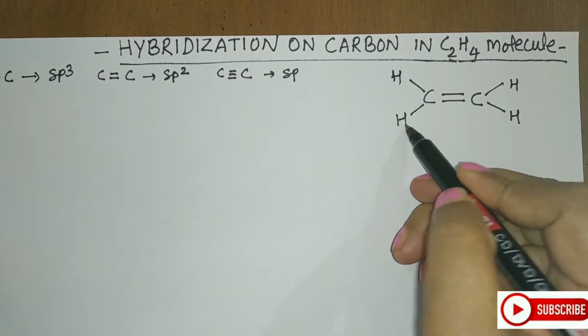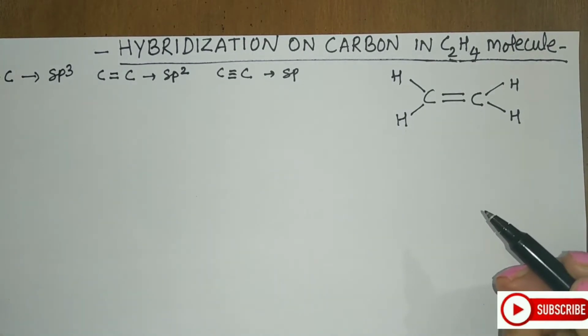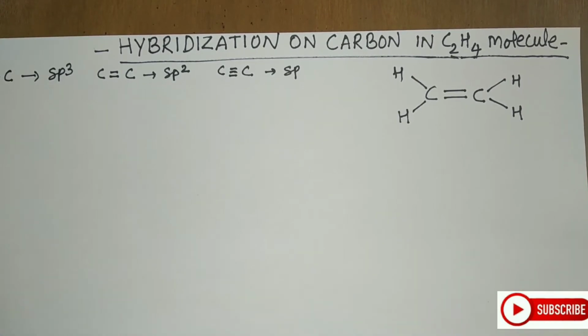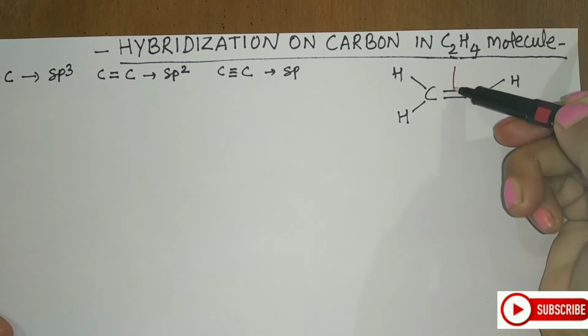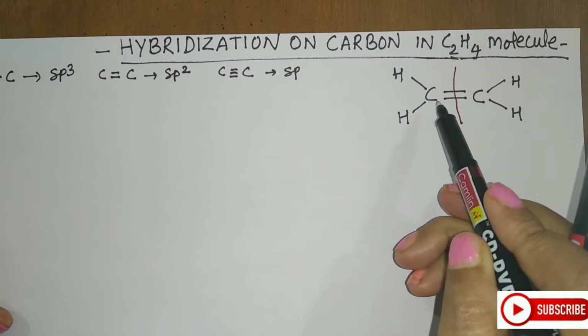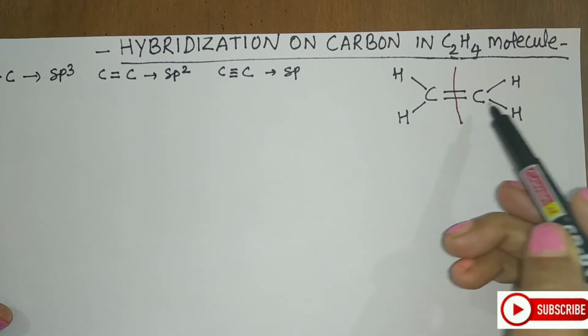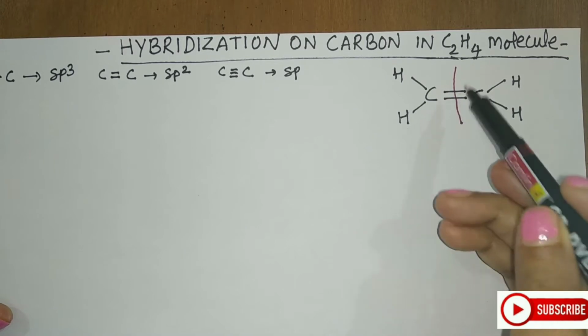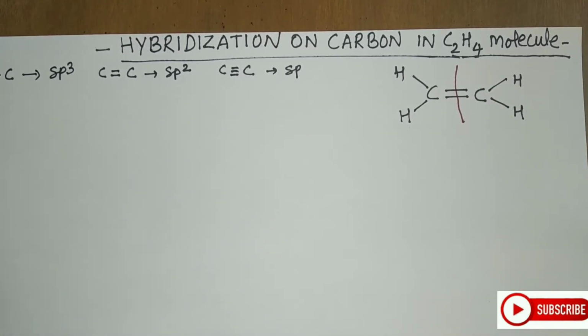Now students, whenever you understand the concept of hybridization, it is always on one atom, and for our convenience, let us break the molecule in this way. So first we will understand the hybridization on this carbon, and similar orbitals we will overlap from the other side in order to make the molecule. Now, as I made two parts for the molecule, let us assign the bonds which are present.